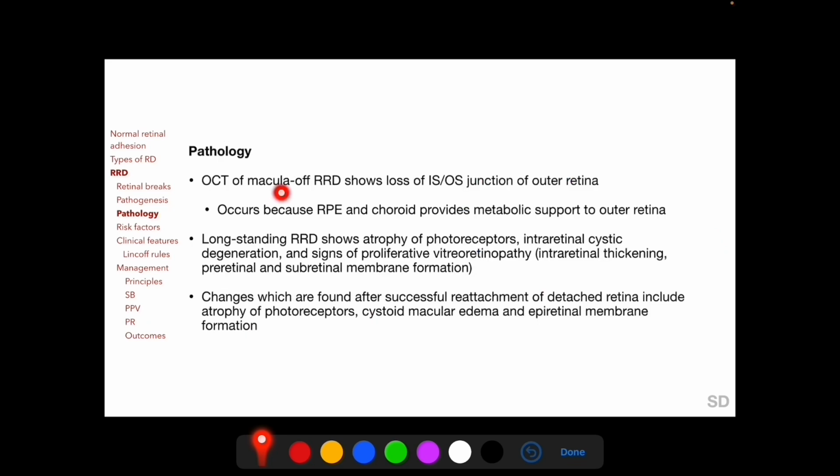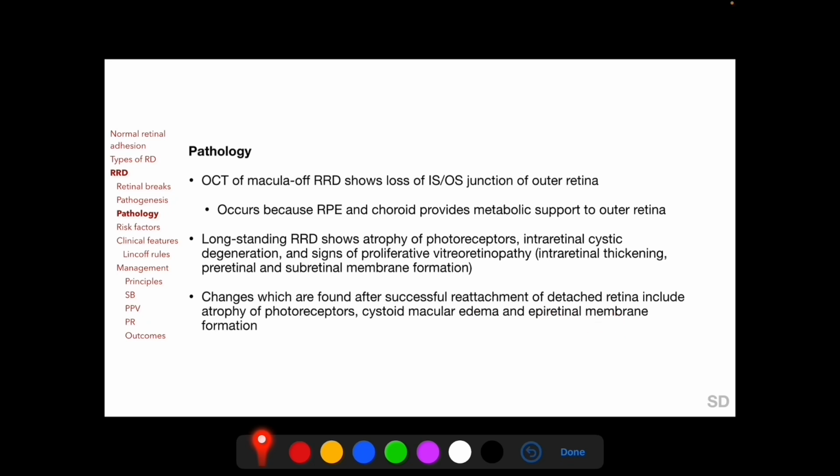OCT of eyes with macula-off RRD shows loss of the ellipsoid zone/IS-OS junction in the outer retina, reflecting degeneration of the photoreceptors, because metabolic support to the photoreceptors is provided by the RPE-choroid. Long-standing RRDs show atrophy of photoreceptors, intraretinal cystic degeneration, and signs of proliferative vitreoretinopathy, which we'll be discussing in the next session, and changes which are found after successful reattachment of detached retina include atrophy of photoreceptors, cystoid macular edema,